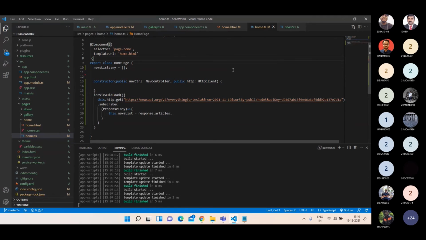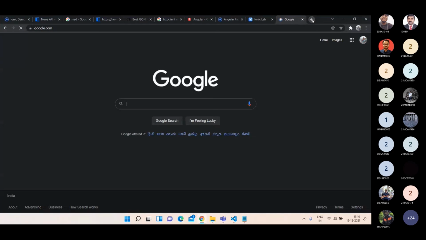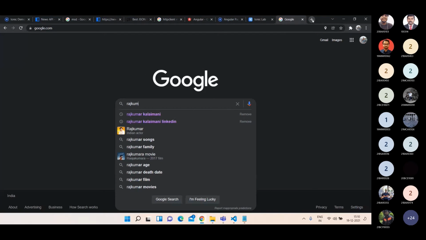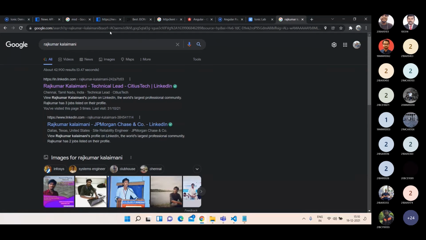If you learn about web services and web methodologies, then you will know what is get service, what is post service. Simply, a get service is something where the information will be appended in the URL itself. Post service is where you cannot find the information in the URL, that will be appended as a single object. Let me show you one real-time example. Let me open Google. I'm just searching my name in Google. And if you look at the URL, can you see my name in the URL itself?